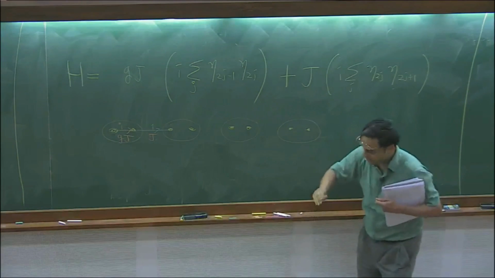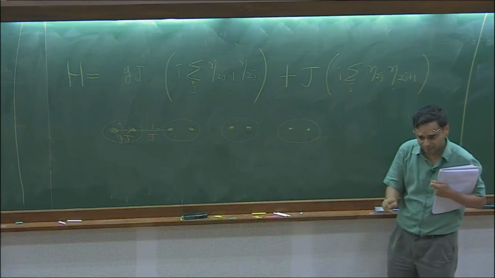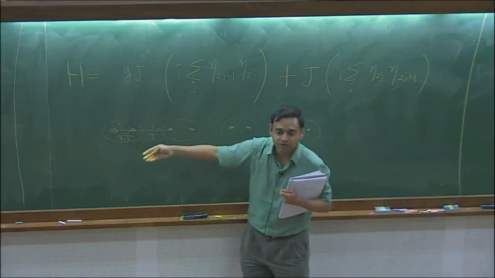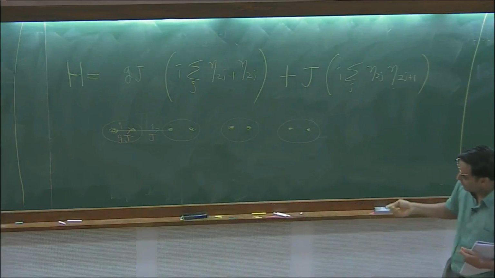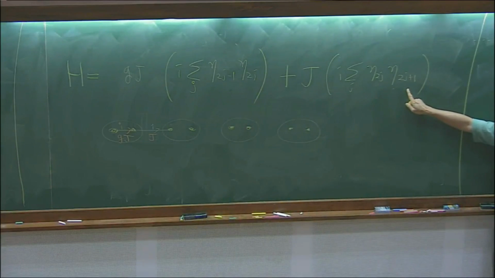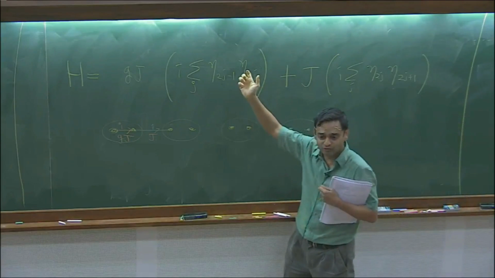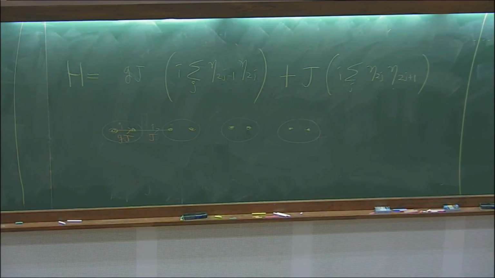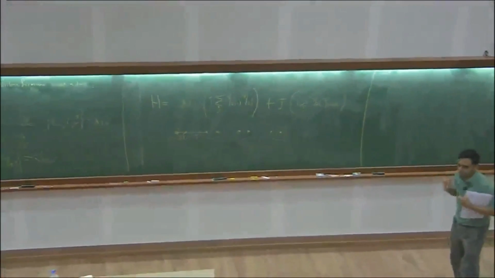So the statement I'm making is, if this picture was the picture for a tight binding model of just a particle hopping on a lattice, then I knew what to do. I would just solve that Schrodinger equation, the discrete version, and get eigenvalues and eigenstates. But this picture is actually representing something more unfamiliar. It's representing the coupling of two etas. And we don't directly know how to translate that into a Schrodinger equation we solve to get eigenvalues and eigenvectors. So that's the last step of the process, which I want to now supply.